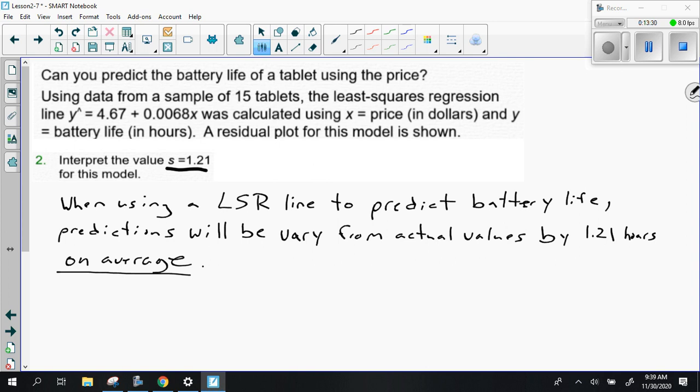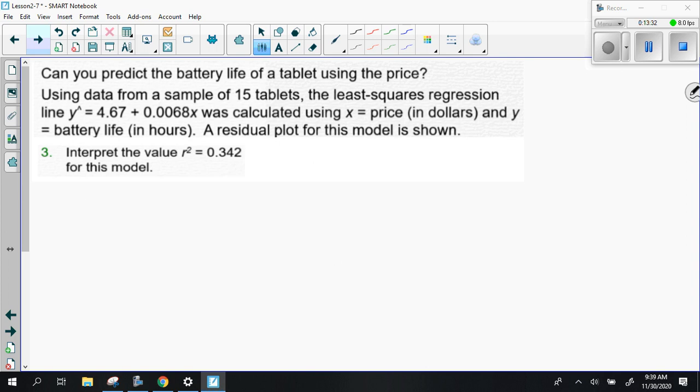Now let's look at number 3. Let's interpret the value of r squared in this context. So first thing we're going to need to do is write this also as a percentage. And I think that it's more helpful when we're writing this interpretation. So what we'd say, if we could say 34.2%, or we just write the percent, so be easy with that,